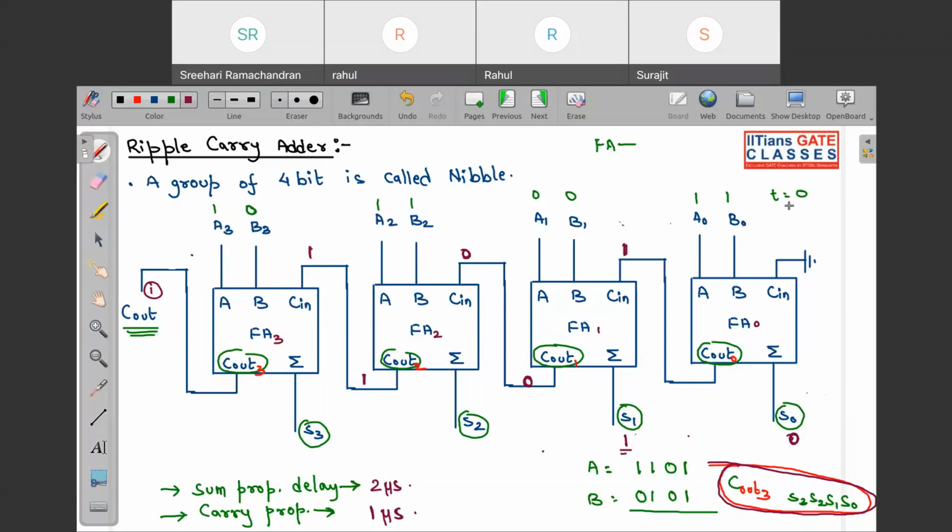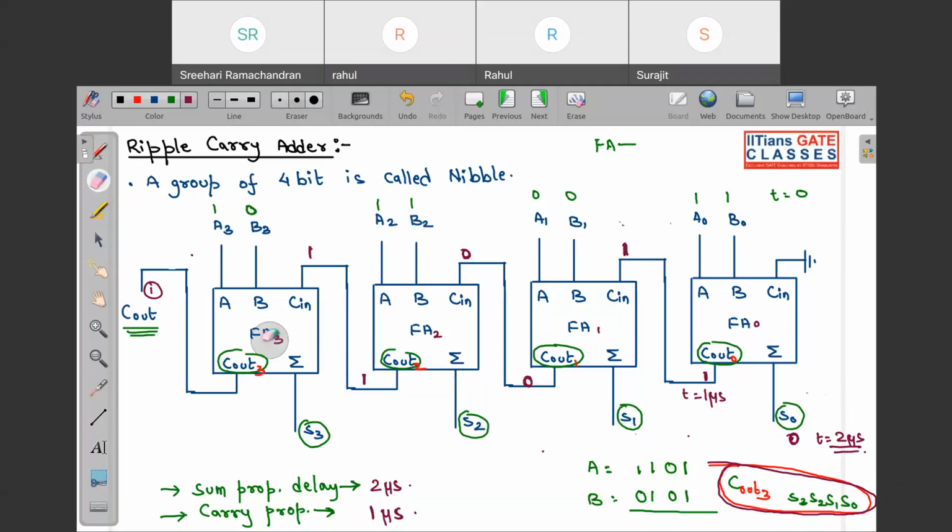So at t equal to 0, I applied all the inputs. So the output S0 will be generated after how many microseconds? After 2 microseconds. But before 2 microseconds, you can see this carry out will be generated. This will be equal to 1 at t equal to 1 microsecond. And at 1 microsecond only, this full adder will get all the inputs. So it will take,